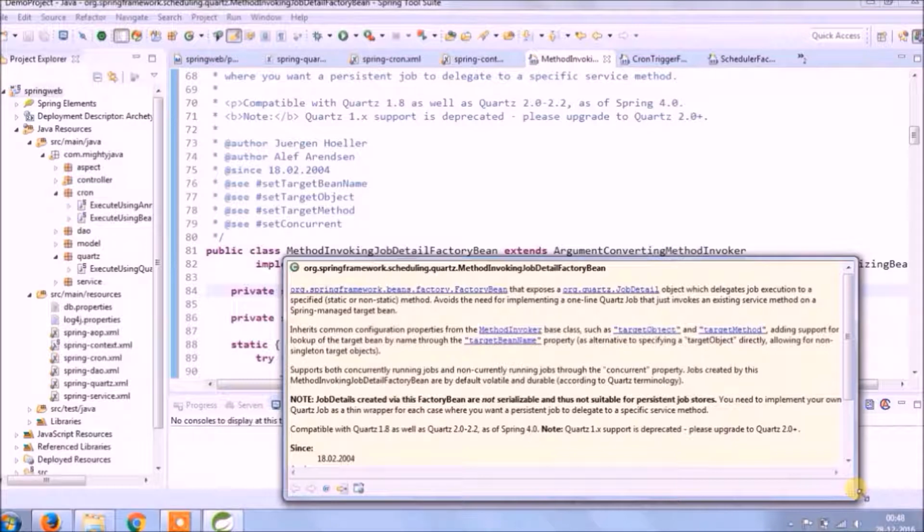Method invoking job detail Factory Bean. Factory Bean that exposes a job detail object which delegates job execution to a specified, static or non-static, method. This avoids the need for implementing a one-line Quartz job that just invokes an existing service method on a Spring-managed target bean. It inherits common configuration properties from the method invoker base class, such as target object and target method, adding support for lookup of the target bean by name through the target bean name property, an alternative to specifying a target